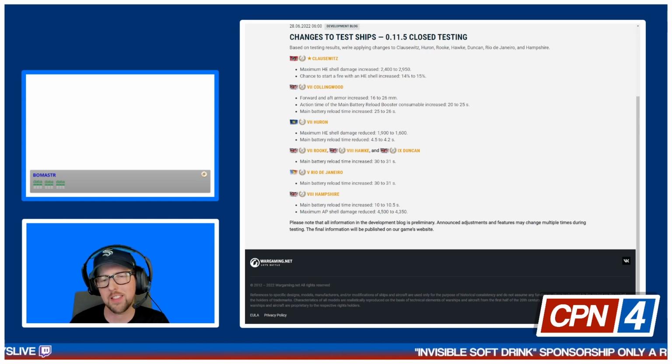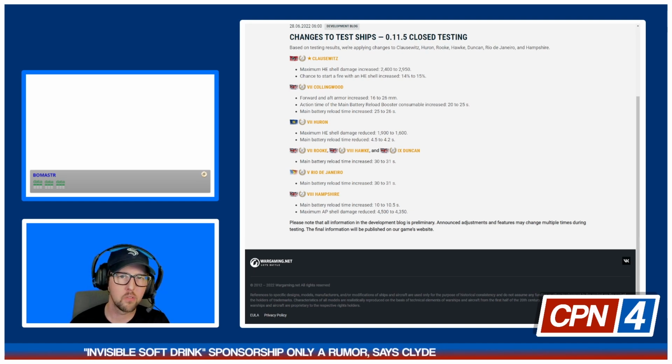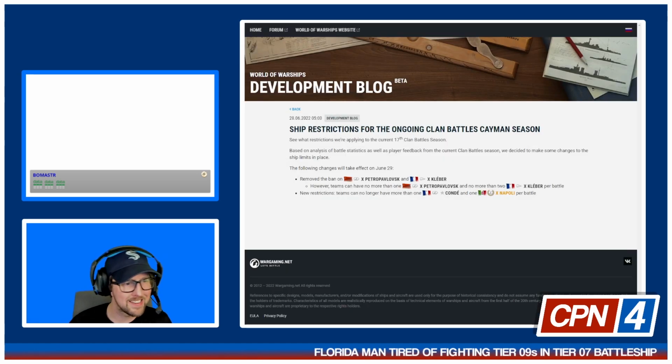I'm gonna say that it's kind of supposed to be a lower tier version of what we can expect out of Gibraltar in the way that it is a heavy cruiser, but AP only. So we're seeing a little bit of a nerf to Hampshire after some testing's been done. Now, if we go back to our top story today,